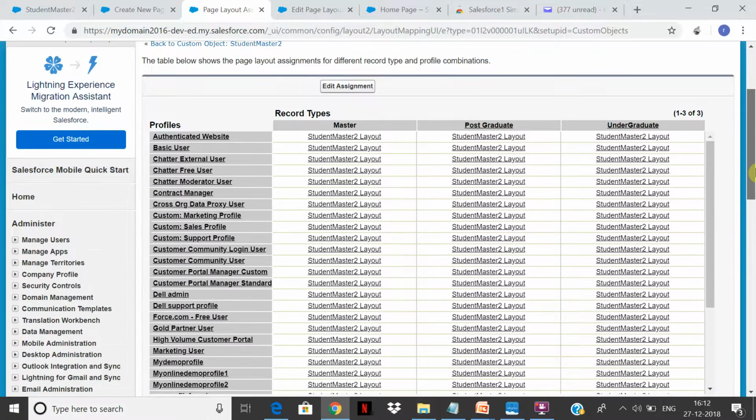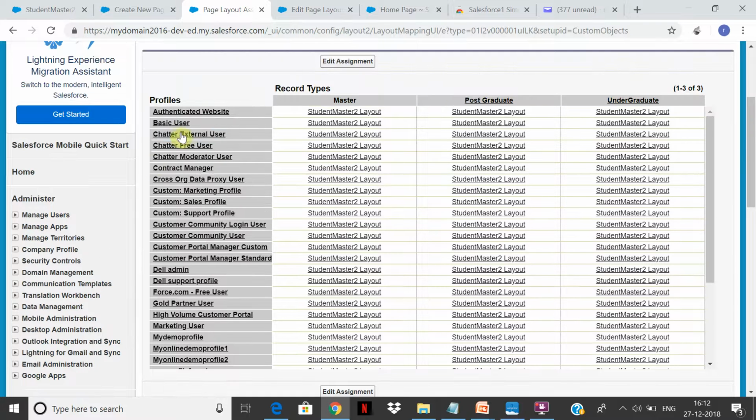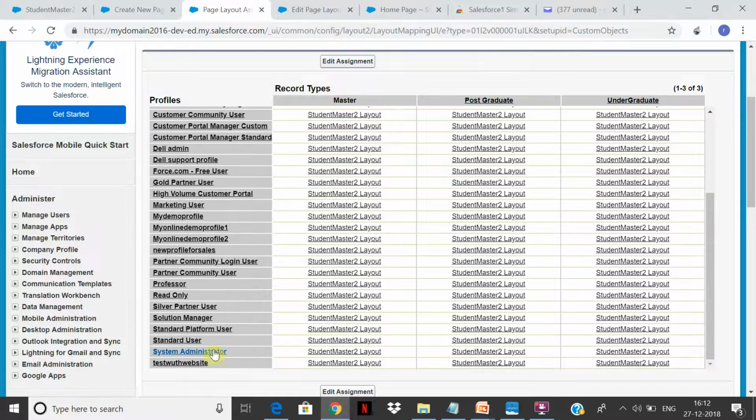If you click on the page layout assignment, you will come to the edit page layout. So here it shows you the record types. Right now you can ignore the master. For the postgraduate and the undergraduate, all layouts are the same. To change that for this profile, you scroll down. When you select that particular record type, it is getting this layout. So let's click on edit assignment,